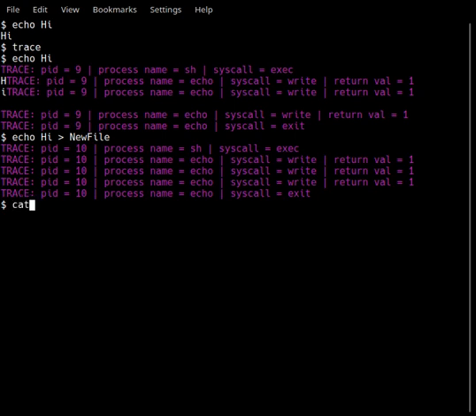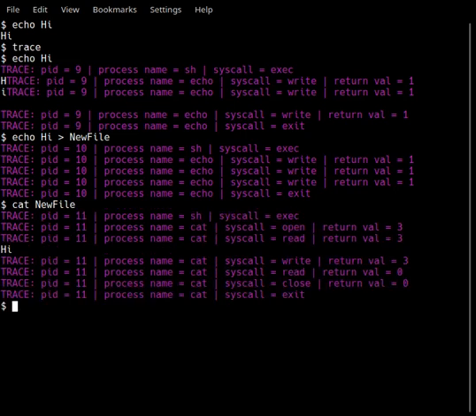Now we print the contents of the new file. Yeah, this is an exec system call which is made by the shell. We can safely ignore this. Open has returned a file descriptor 3 and read has returned 3 characters.